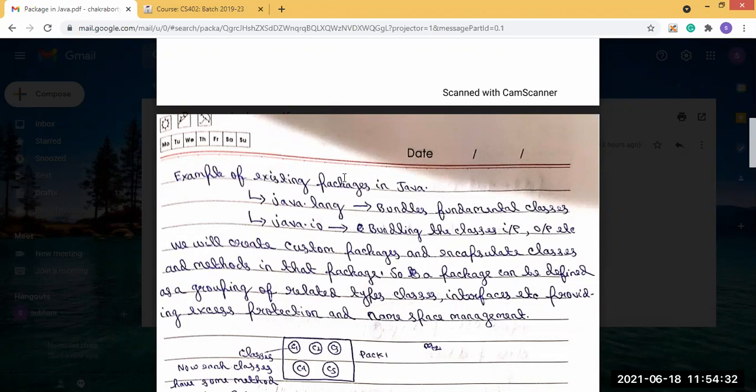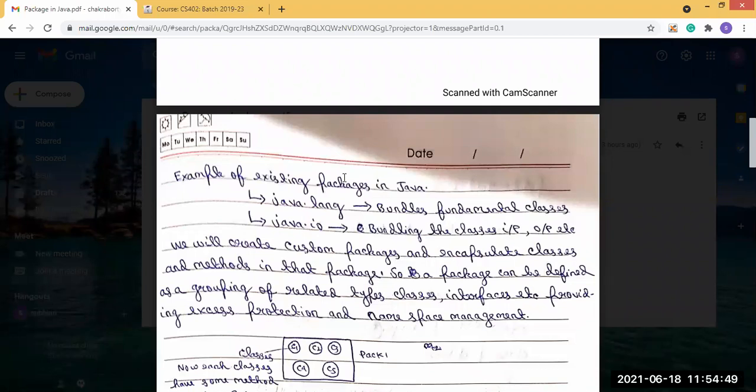Similarly, what is the java.io package used for? In the java.io package, the input output classes are bundled together.